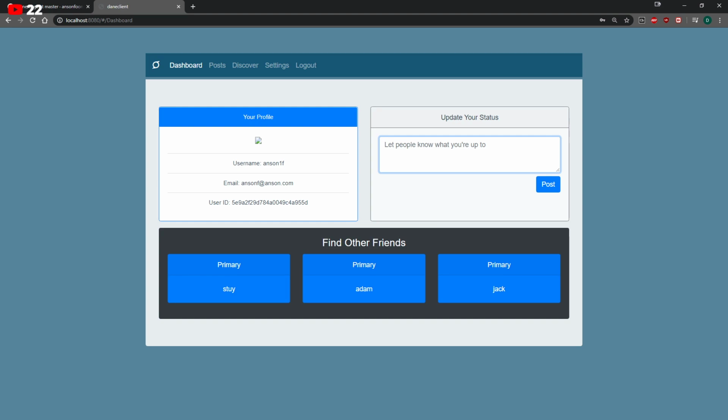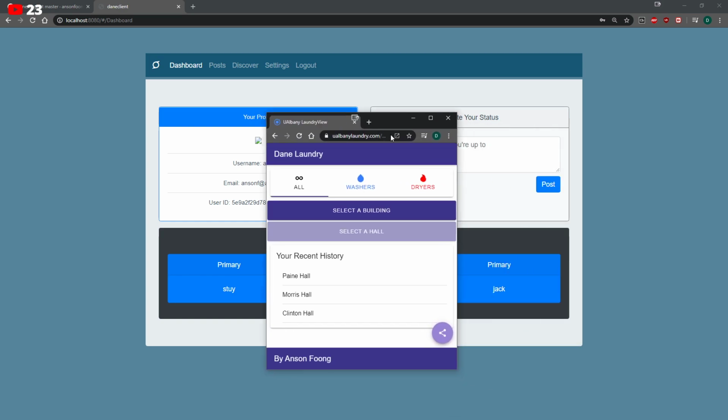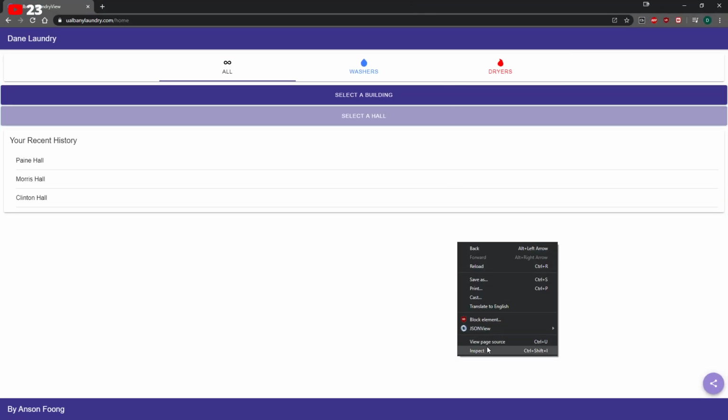Have you ever worked with Firebase before? Yadibolt, actually, I have. I have a web app that is built on Firebase. I'll show you right now. Or not built on Firebase, it's hosted on Firebase right now. So I built this app for my university. So it's this laundry app over here.